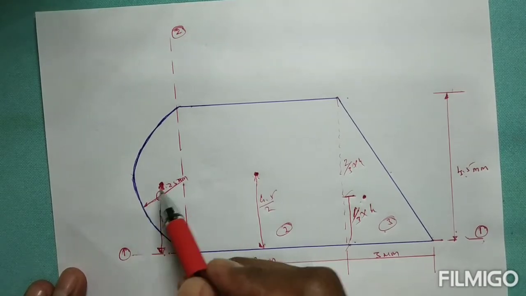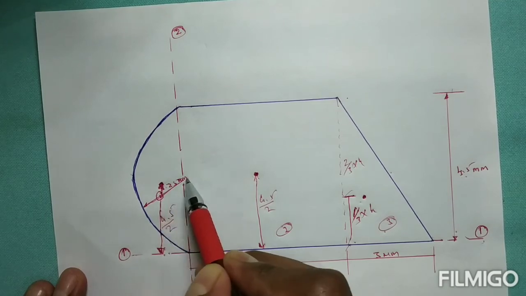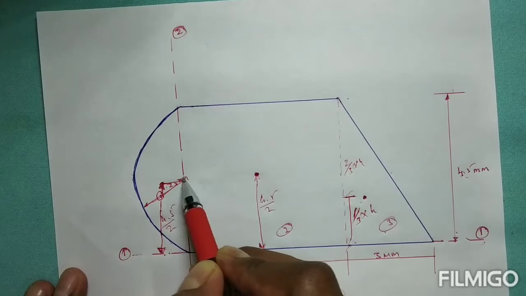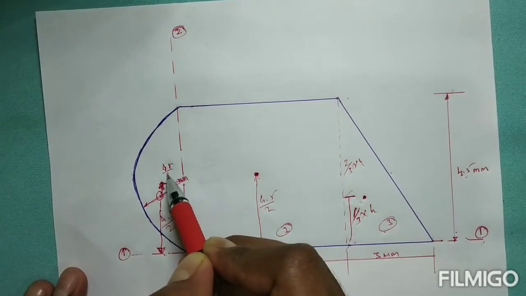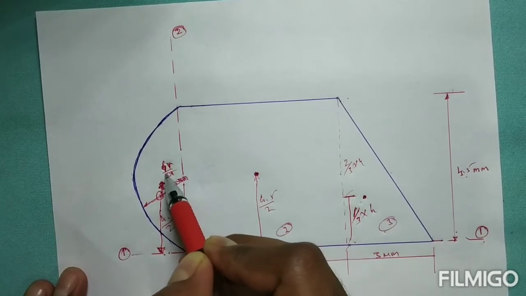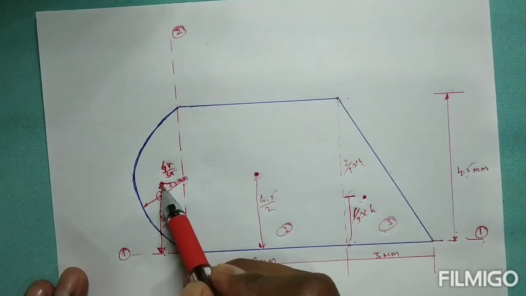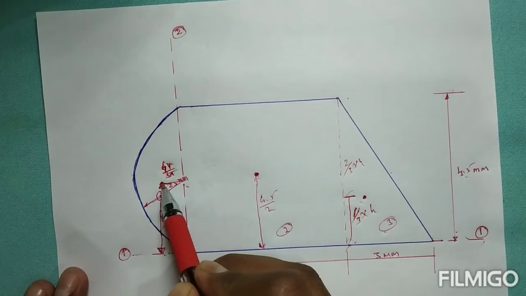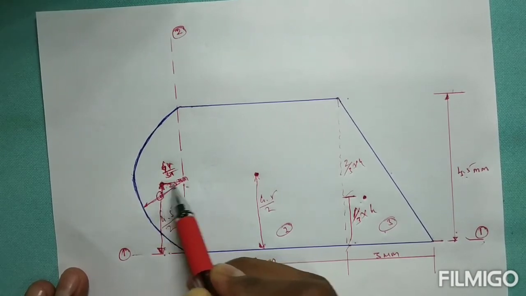I will go to the first component, that is the semicircle. The CG is here, but your reference axis is here. So this distance we need. We know from derivations it will be 4r by 3 pi. But be careful, in this case your reference axis is on the right side. In the last 4 classes, all the reference axes you took were on the left side of your CG. But here the reference axis is on the right side.